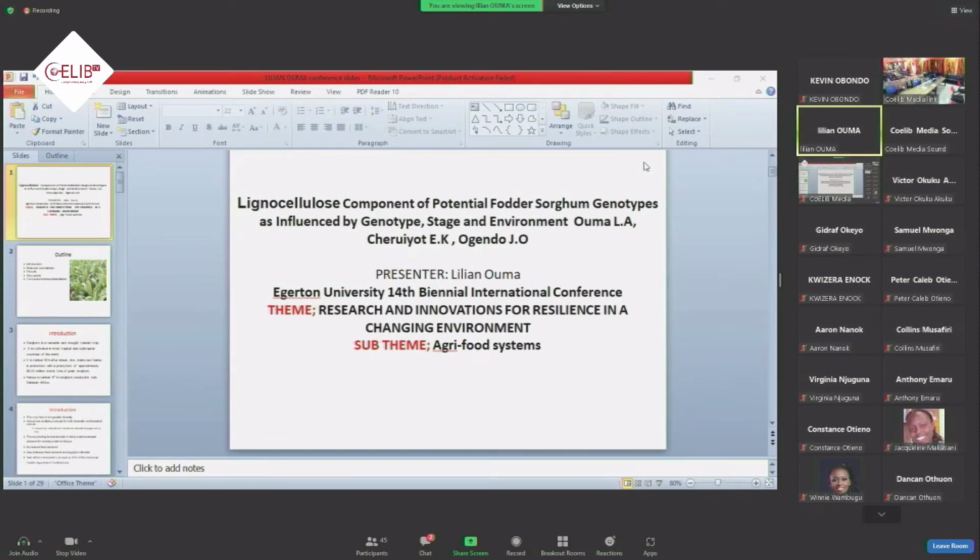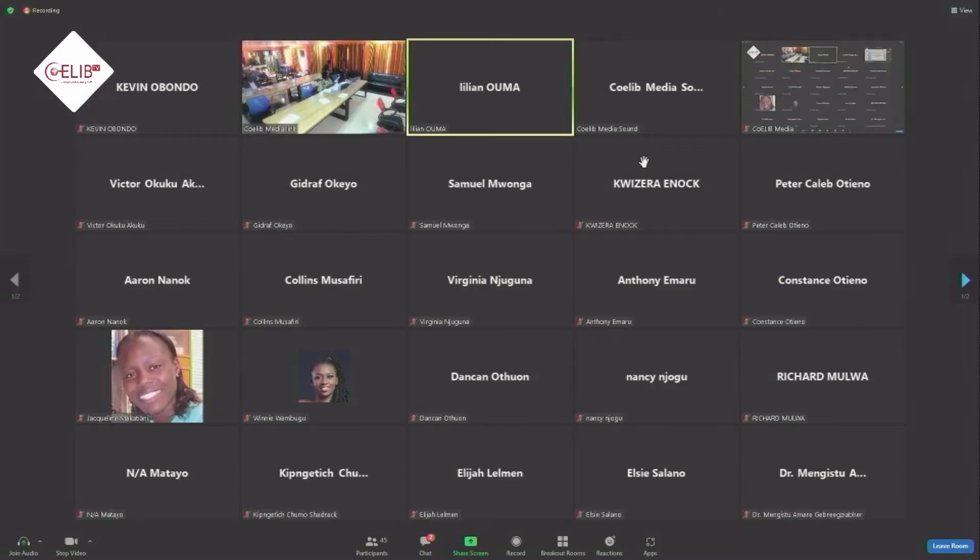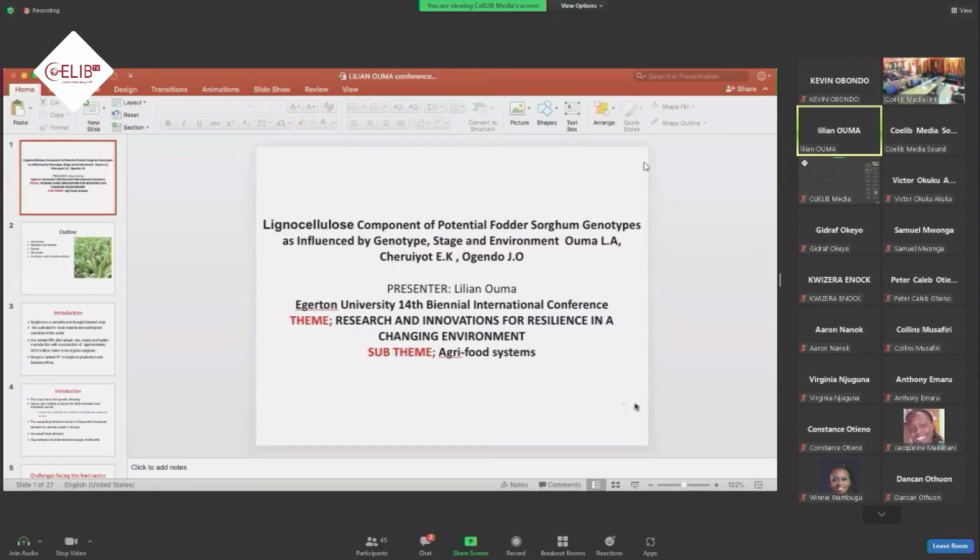The feed sector in Kenya faces different challenges, such as low feed quality, inadequate supply of feed, overdependence on maize for livestock feed, and environmental issues like drought, pests, and diseases. Normally the livestock sector is dependent on maize for feed, but maize has several challenges, and sorghum can be a good alternative fodder source. However, sorghum also